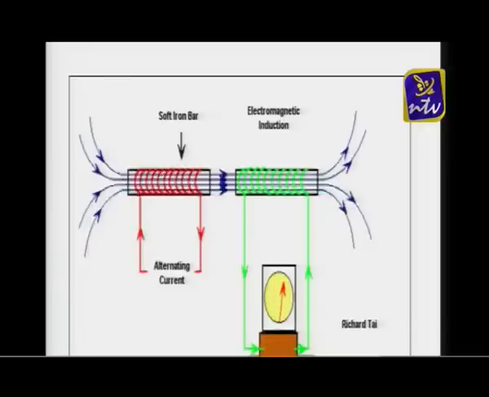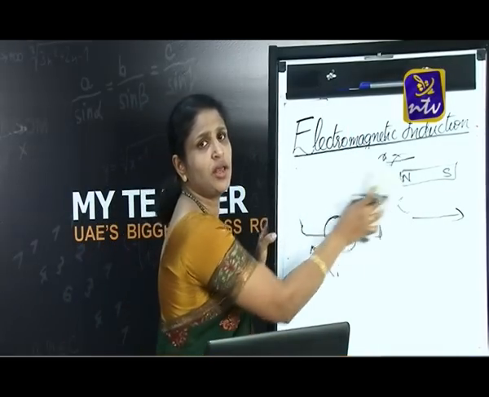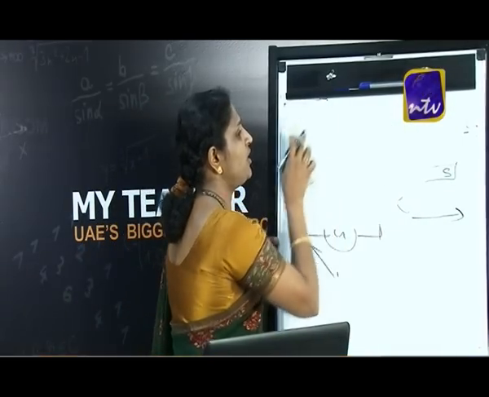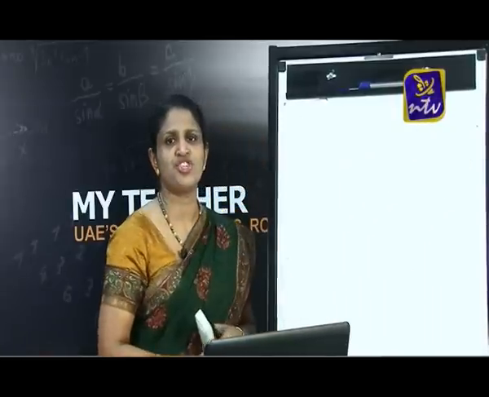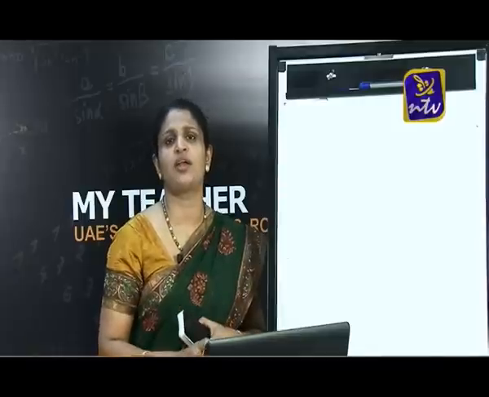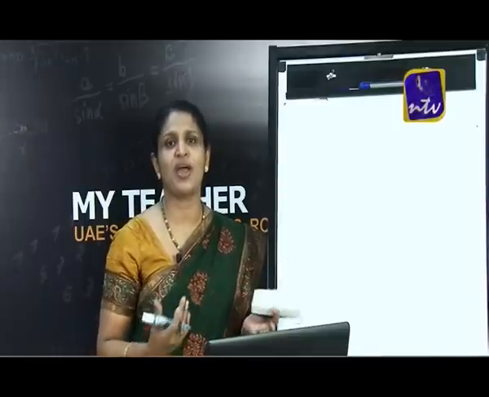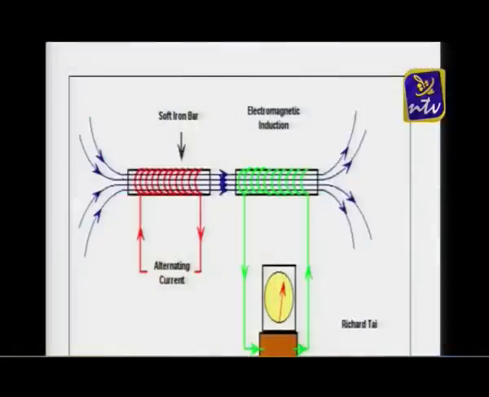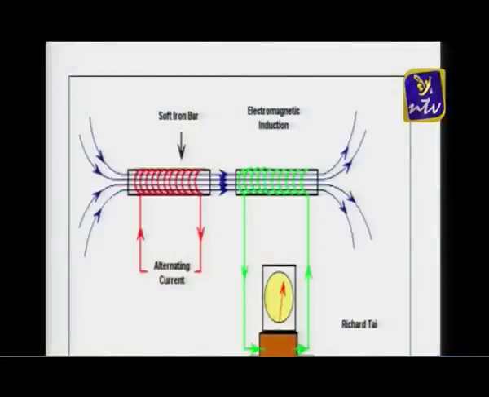Let us come back to the theory content again. You can see that in the figure it is very clear that you have seen the change in magnetic flux linked with the coil due to the change in magnetic field. In all the examples which I have selected, the magnetic field linked with the coil was changing. When the magnetic field changes, the flux linked with the coil also changes, thereby the EMF induced also changes.